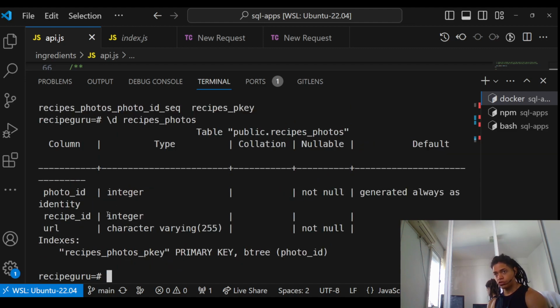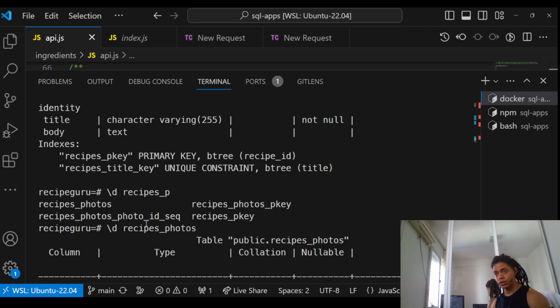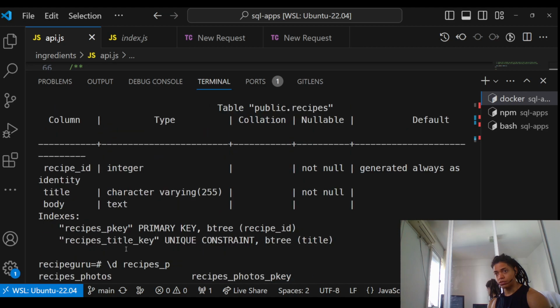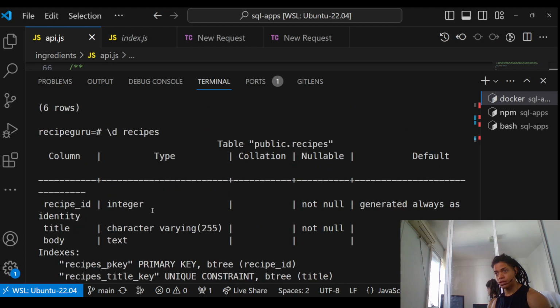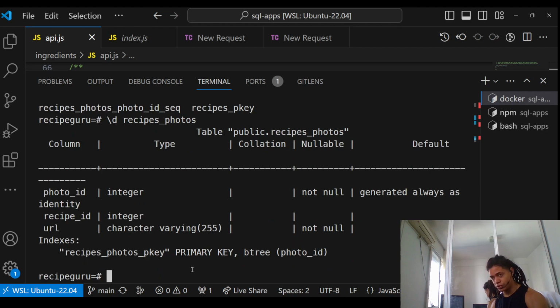So here we've got a URL, photo ID, the kind of thing, and the recipe ID in both. So a natural join, let's say you say, select,